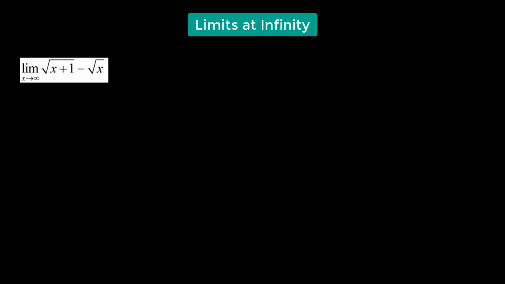So here we have to determine the limiting value of the given function when x approaches an extremely large number. Clearly, when we substitute for the value of x, we get an infinity minus infinity form. However, what we have to do for the given function f of x is convert it into a rational form, so we have g of x over h of x. In order to do that, we have to multiply both the numerator and the denominator by the conjugate of the